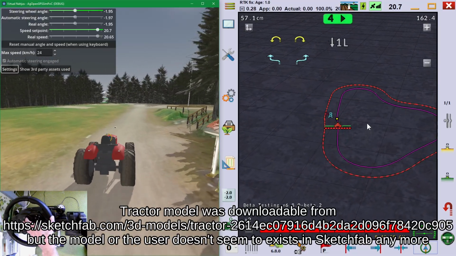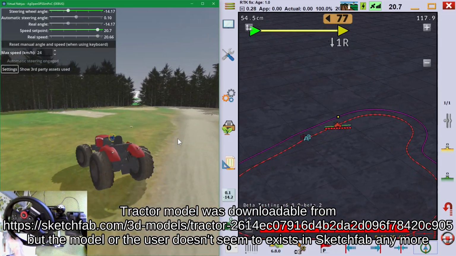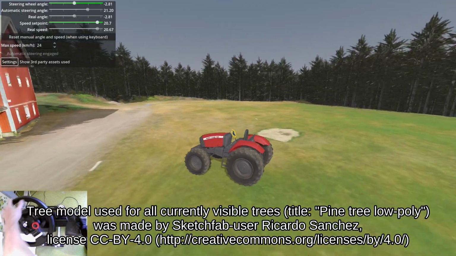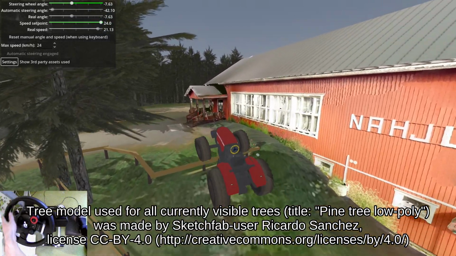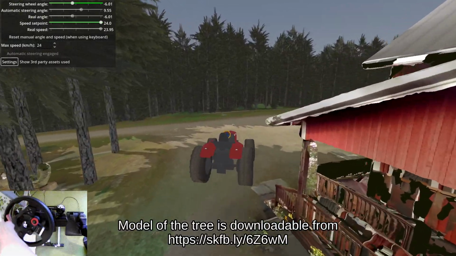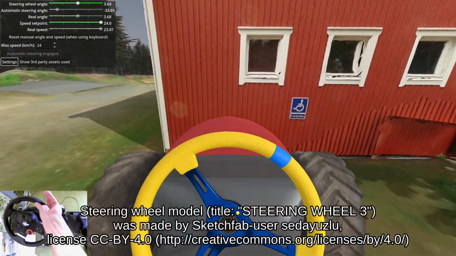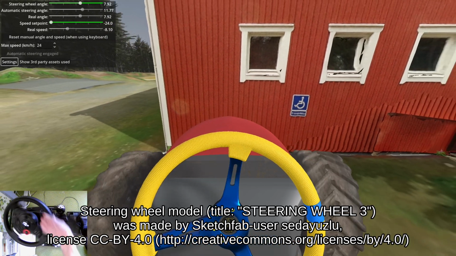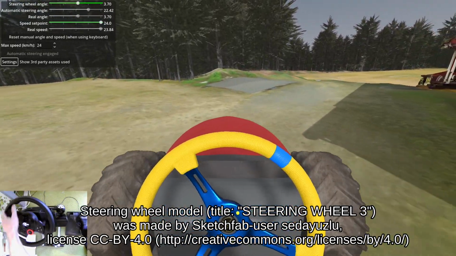But we can also drive manually around here quite freely, and also collide to things like trees or buildings if we like. But we are not allowed to park here, so let's continue our round.